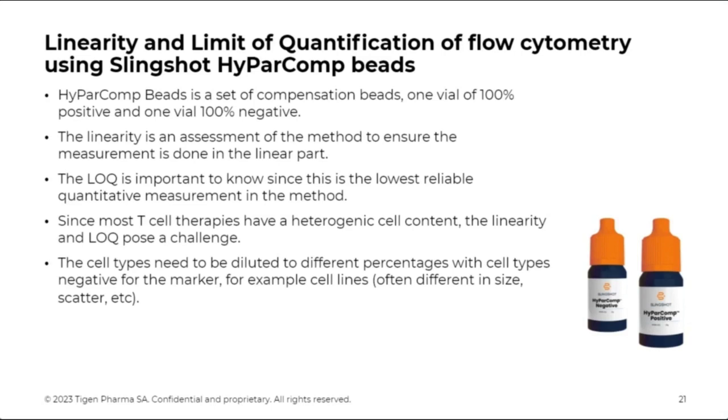And so what we did, many times you have your cell type, for example here, the T cells, and if you have a sample with 100% T cells, you need to dilute it down to 80, 60, 40, 20, and 0% when you assess the linearity. It might be difficult sometimes to find a cell of different cell type. Many times cell lines are used, but they have slightly different properties to what a lymphocyte is having, and this may pose a challenge and may not be the best option.